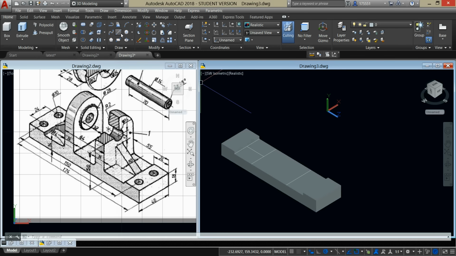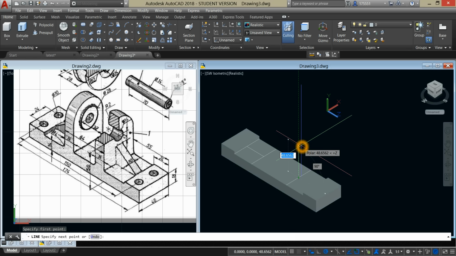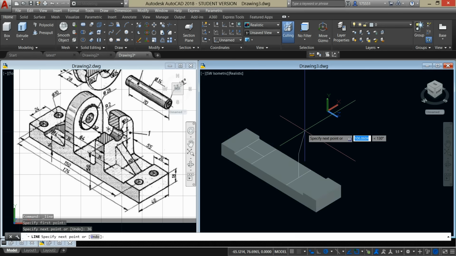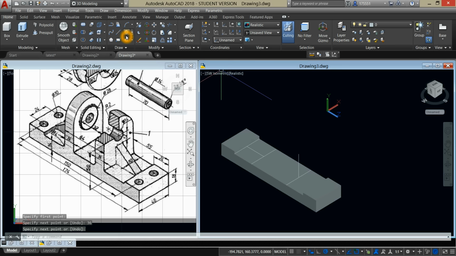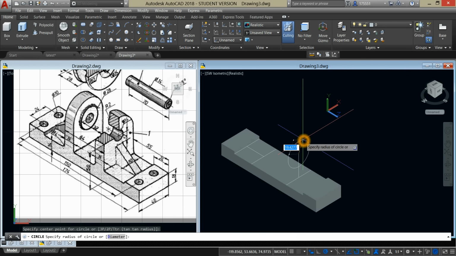So this time I'm going to use construction line, and the distance from this point to the center of the hole is 50, which is from the bottom, and the thickness here is 14. So what I'm gonna do is deduct 50 minus 14, which is 36. So from the center, enter 36. Type C for circle, or grab the circle from the ribbon and enter,